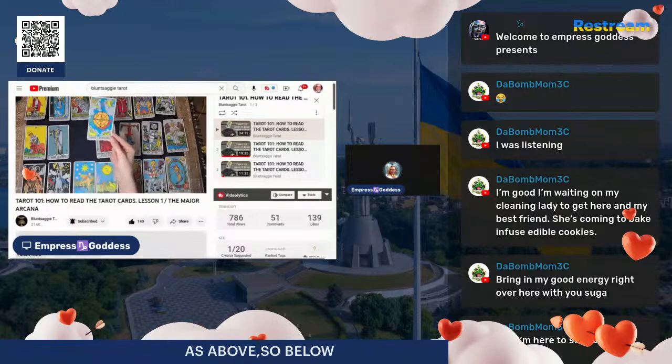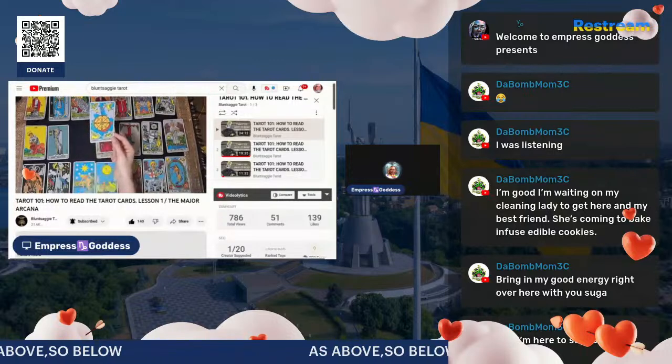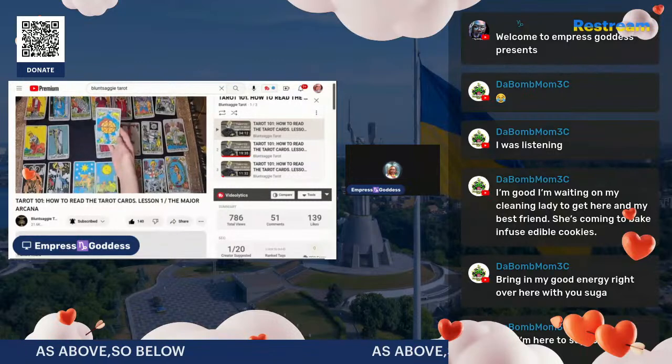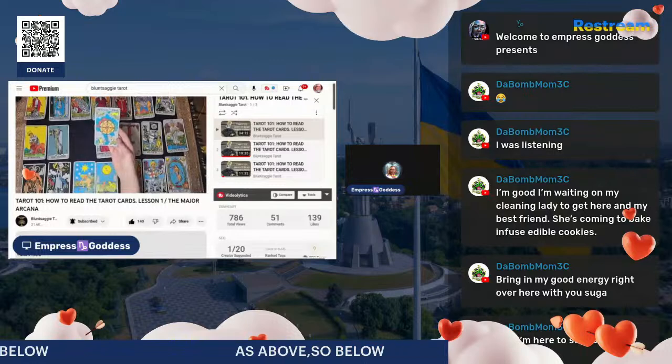This is a card of good fortune. This is a card of happiness. This is a card of luck. This is the card of getting what you want because you're in control of yourself. You've mastered the emotions. Your emotions don't control you. You control them. Now, when the Wheel of Fortune's in reverse, this represents a person who feels down on their